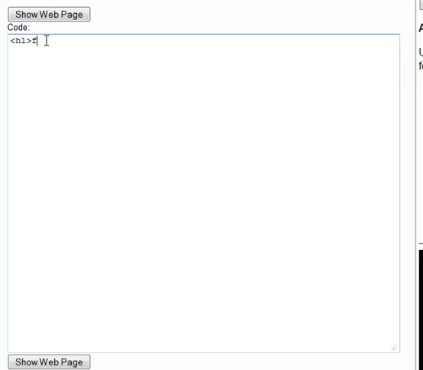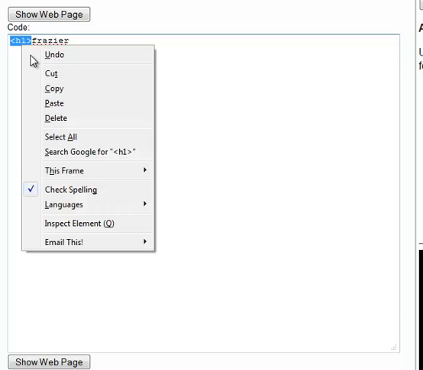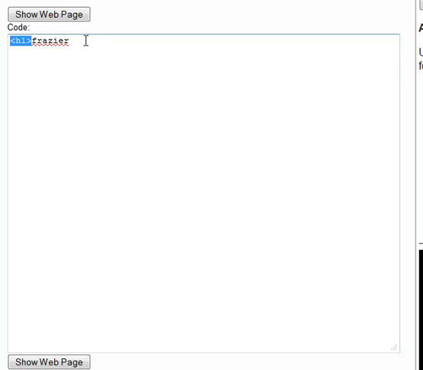And so then I type in the text that I want to type in. And then I have to tell the browser that I'm done with that particular tag. And so the way I do that is basically by taking this information, and I can even copy it. I'm going to do a right click with my mouse and copy it and paste it here. But I need to let it know that this is the end tag, not the beginning tag. And the way that I do that is I put in a slash, and it's a forward slash. And the forward slash is below the question mark on your keyboard. Okay? So you type in beginning tag, then you type in your text, then you type in end tag,